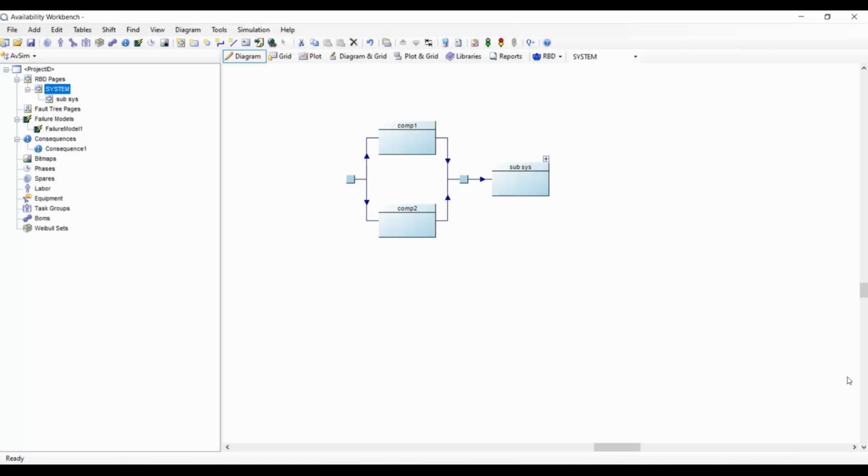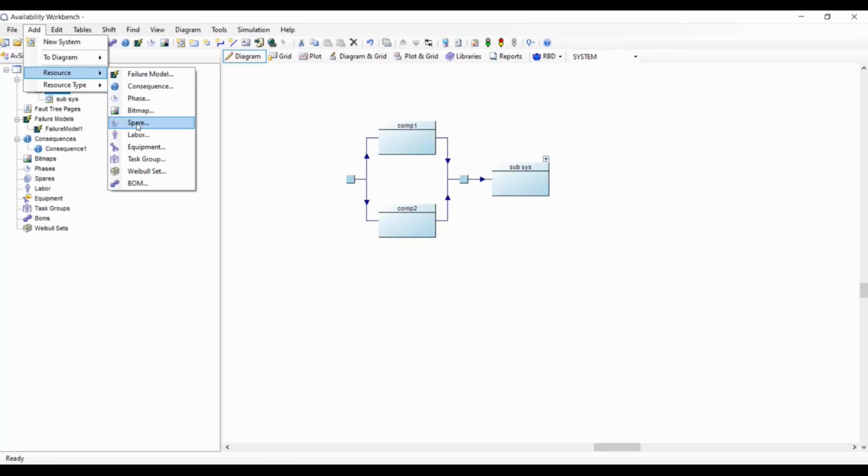So now let's take a look at making our model a little more detailed. We mentioned earlier that we can include the resources associated with maintenance. AvSim will allow you to create objects that represent the spare parts, the labor, and the equipment required to perform maintenance. So if we add a spare, for example,